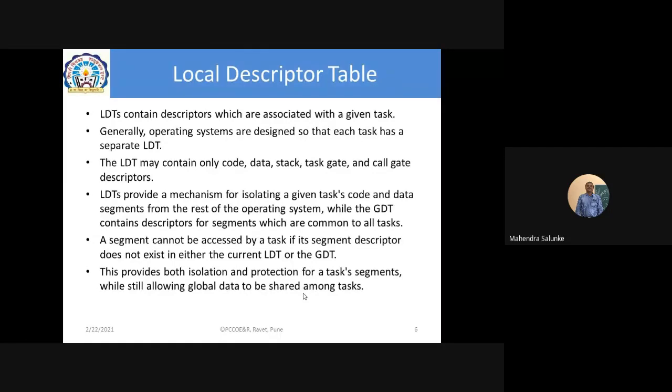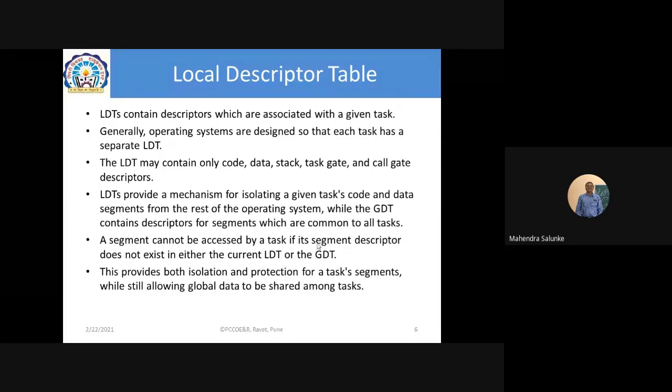80386. Now we are talking about the local descriptor table. Now one point I highlighted, for every 386 system we will be having one GDT, right? But for every task which we create may have an LDT. There may be a few tasks which may be only using the global descriptor table. So again, it is not mandatory, but depending on the requirement of isolating the data from other tasks, your system creates the local descriptor table for every task.